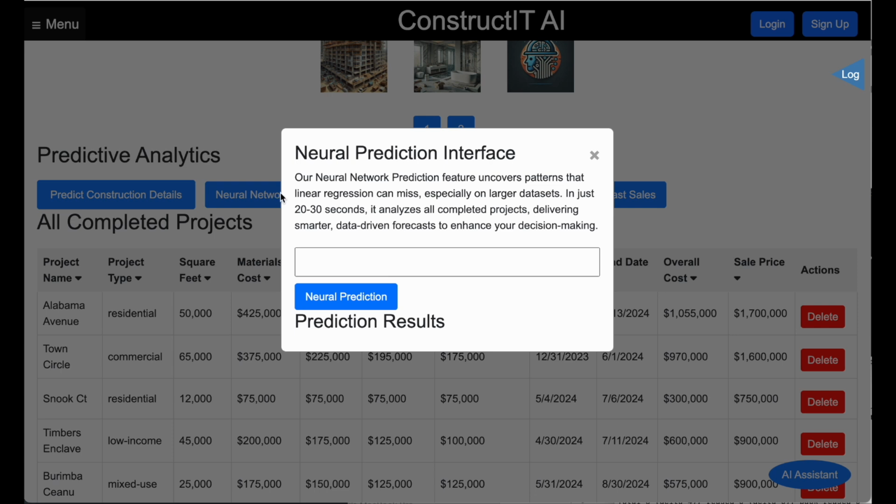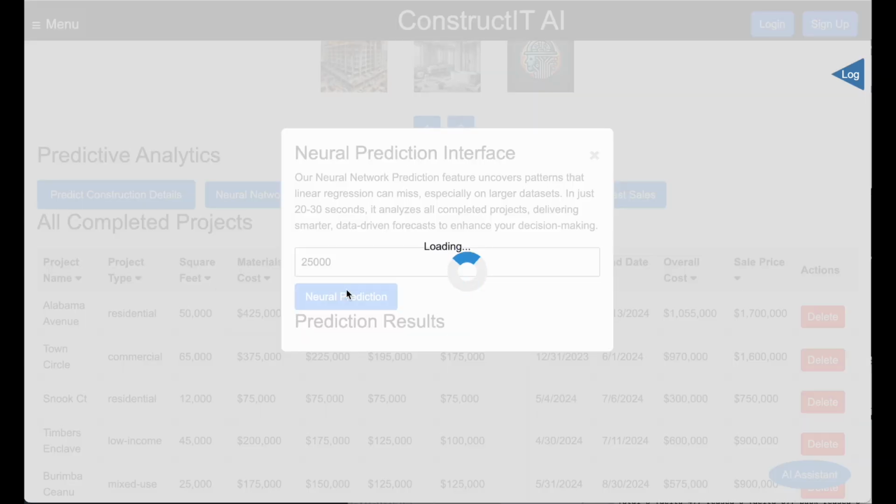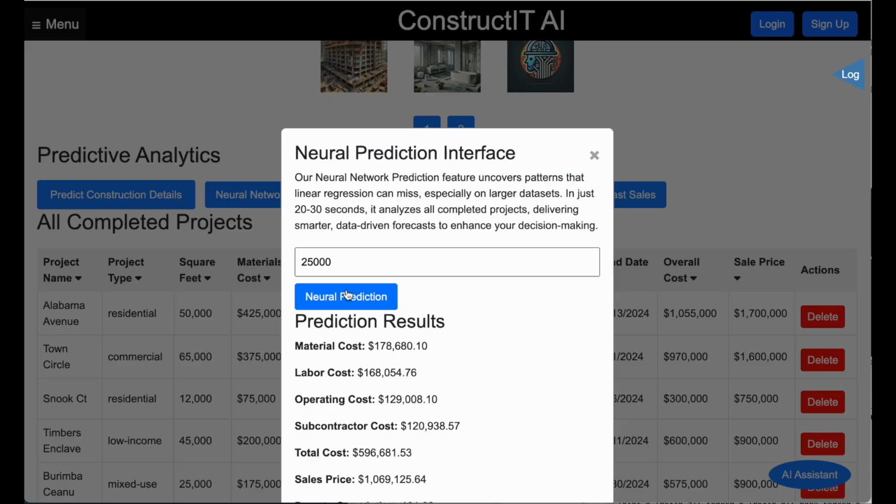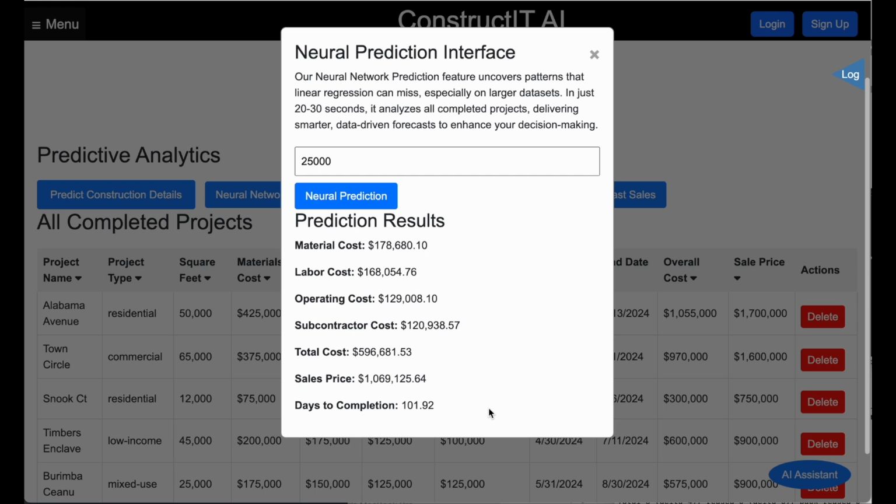This is the predictive analytics section where the neural network uncovers patterns that linear regression can miss, especially on larger data sets. In just 20 to 30 seconds, it analyzes all completed projects, delivering smarter data-driven forecasts to enhance your decision making. So we typed in 25,000 square feet, and we got prediction results here. We got material, labor, operating, subcontractor cost, total cost of 596,000, sales price of 1 million, days of completion is